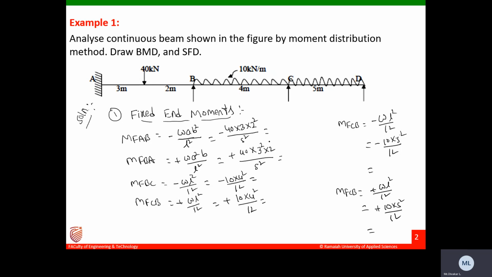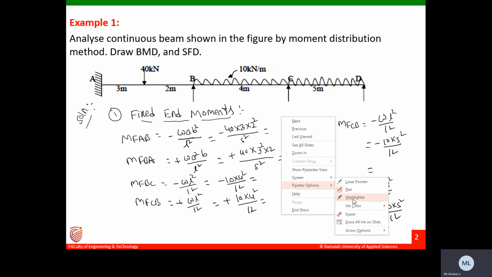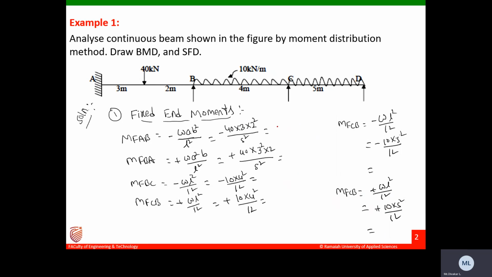So here we will get minus 40 into 3 into 2 square divided by 5 square. So you will get this one. We will write it in another color; you can select another color and write it out. How much will you get? This is minus 19.2 kilonewton meter, and MF of B will be